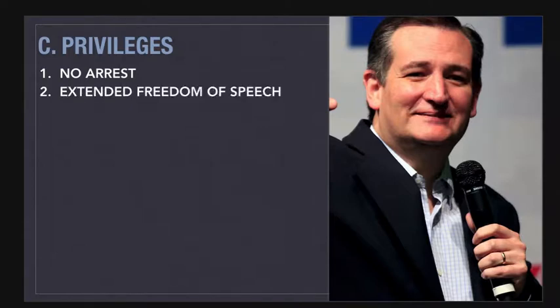They also have an extension of freedom of speech that carries on to the Senate or the House floor. And so they are immune from any sort of prosecution for anything that they say on the floor of the House or the Senate. That means that potentially they could go out there and theoretically commit libel. They could be slandering somebody. They could reveal classified information. They could say just about anything that they want to because of this protection.